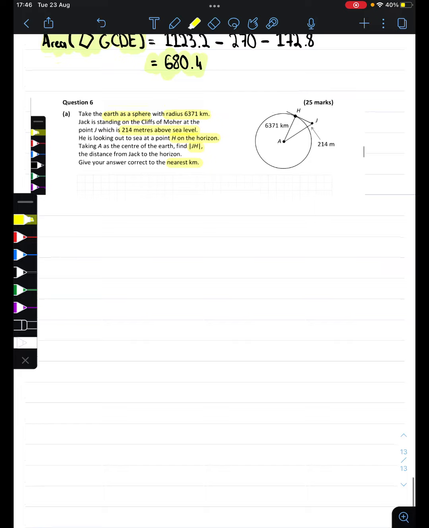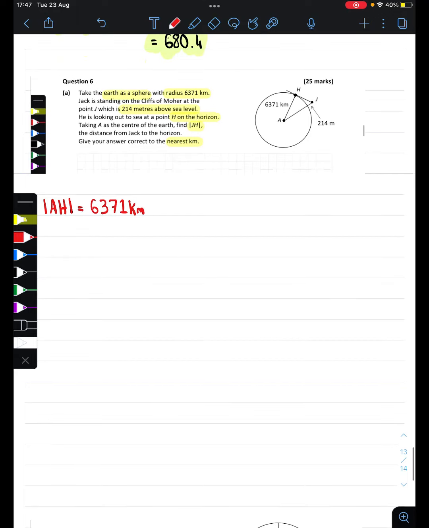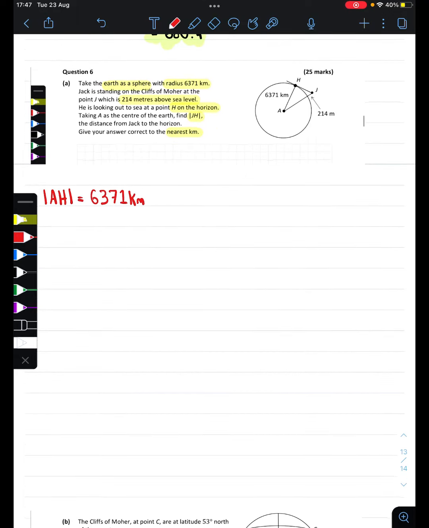Okay, so we have these distances: AH, the radius of the Earth, 6,371 kilometers. And we know that J is 214 meters above sea level. So this distance here